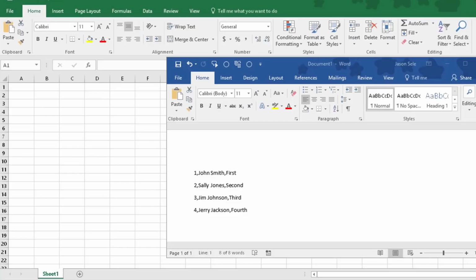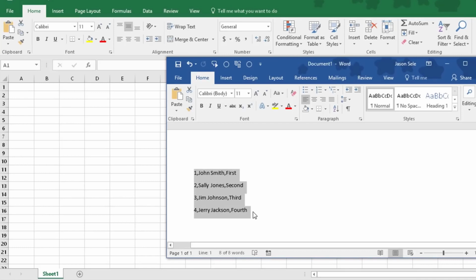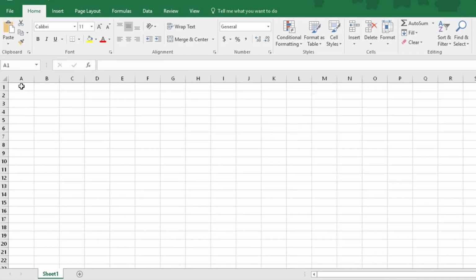Number 16, text to columns. When using Excel, you'll often find yourself wanting to copy data from other applications or from a web page or other source. I have a set of data in Word. If I copy this and paste it into an Excel spreadsheet,